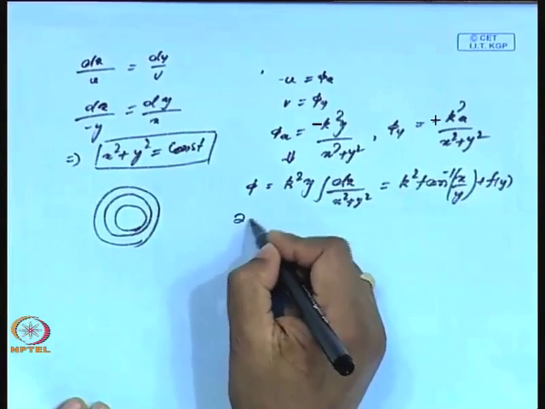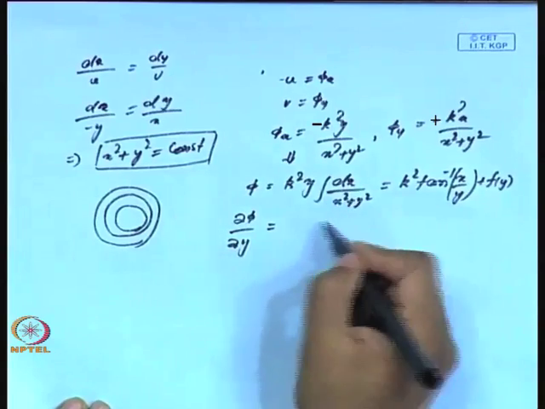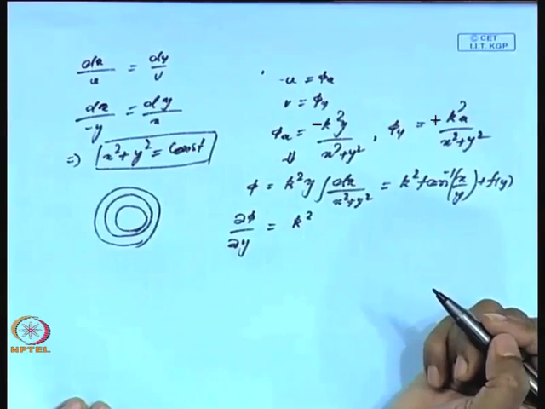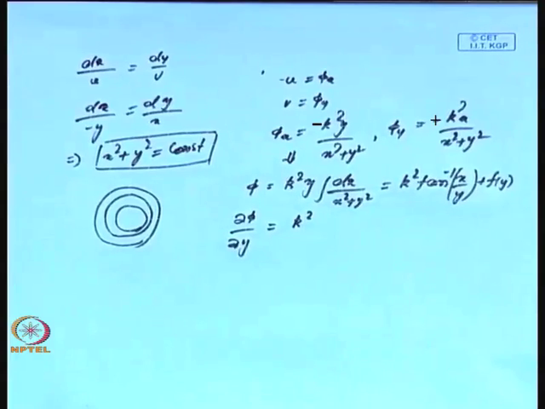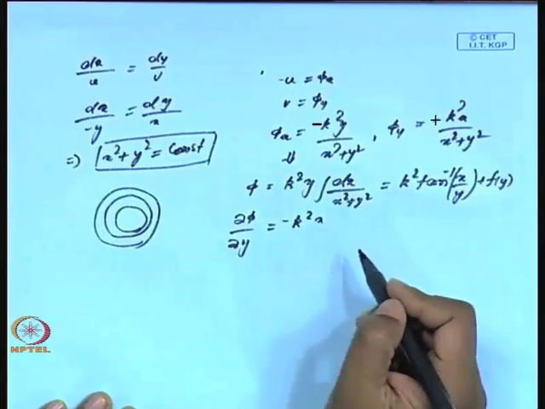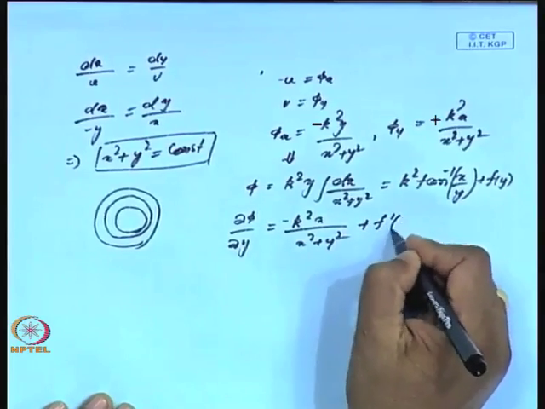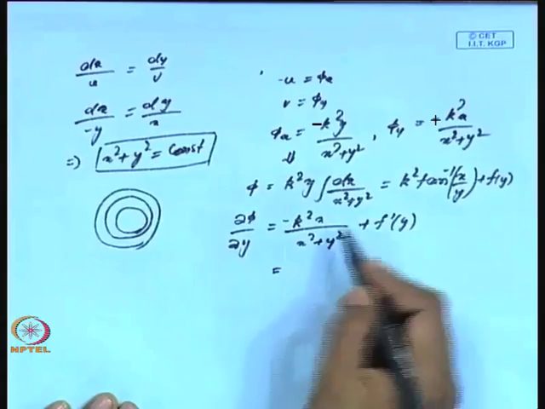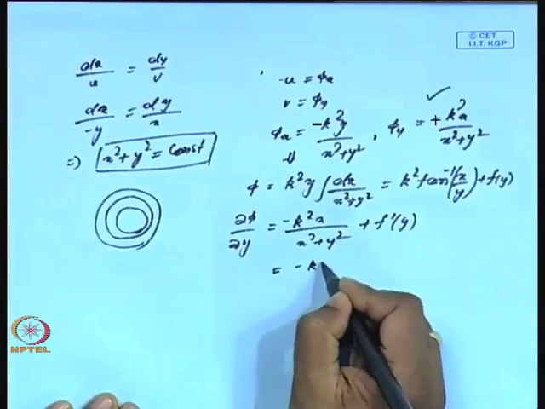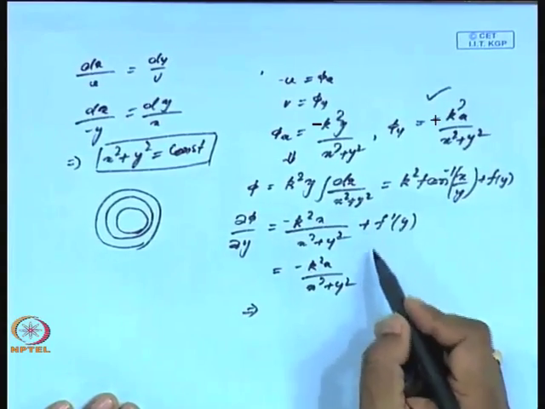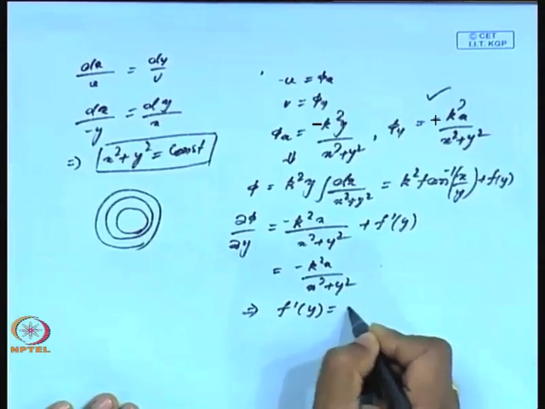Now, what will happen if I take del phi by del y of this? This gives me k square, del phi by del y, minus k square x by x square plus y square plus f dash y, and this is the same as what I have already been given, phi y is minus k square x by x square plus y square. So this implies f dash y is 0,